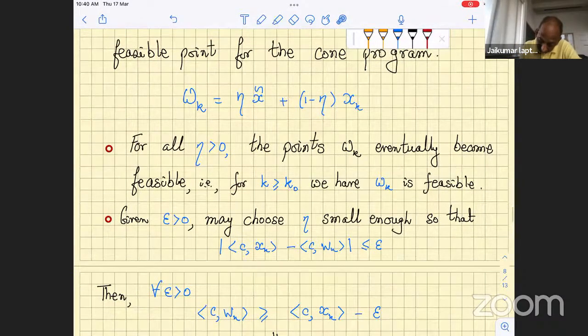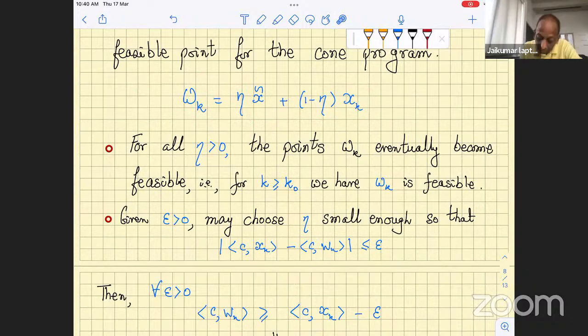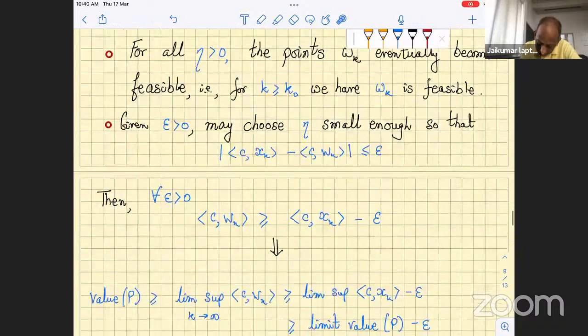We design our eta so that C with this and C with this don't differ too much. And you can see that it just depends on these two quantities, x tilde, and